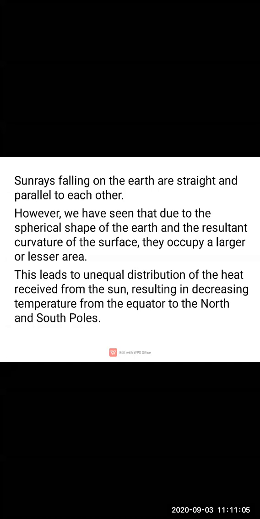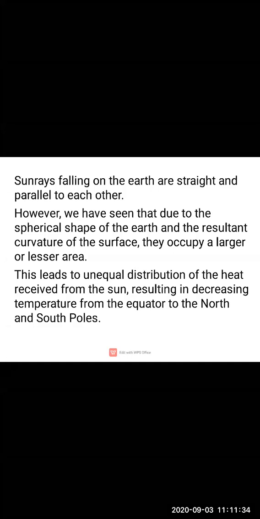Now what happens because of this? This will lead to the unequal distribution of the heat received from the sun. We are receiving heat from the sun, but different parts of the earth's surface are not going to receive equal distribution of the heat.